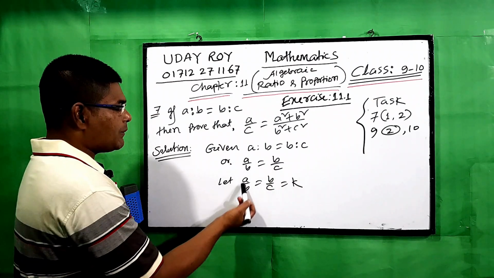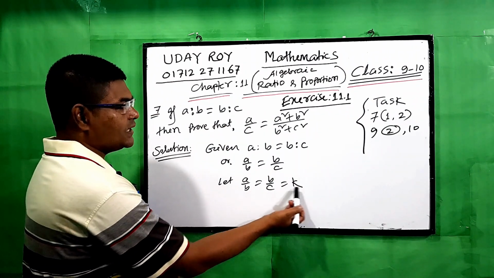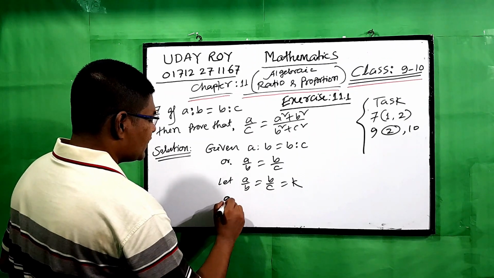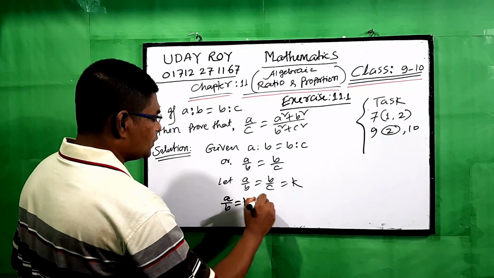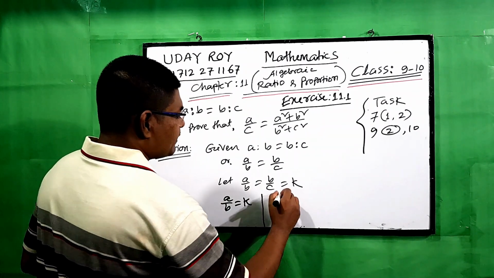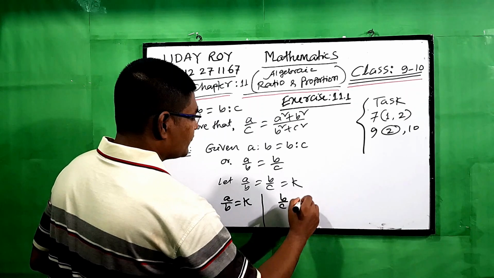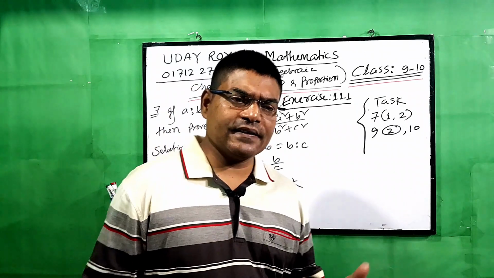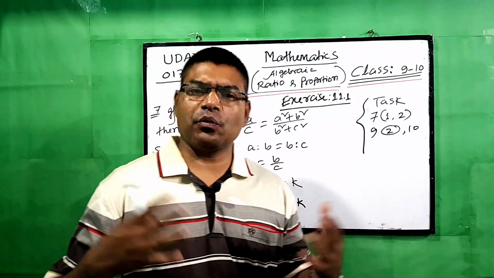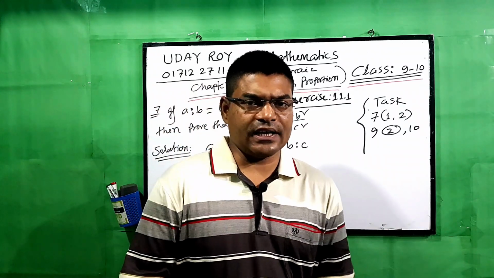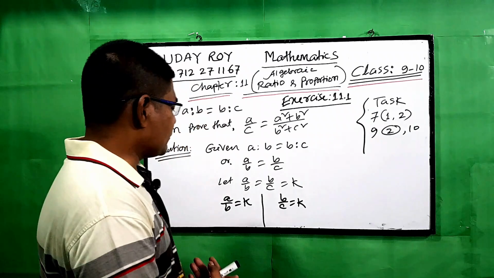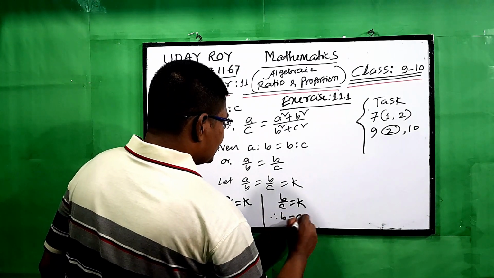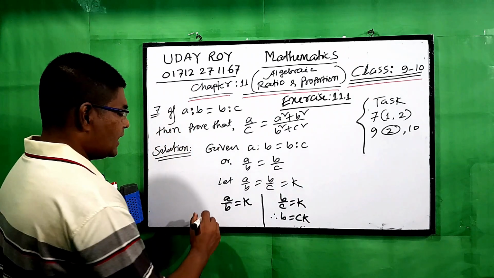Let a by b equal b by c equal to k. So we can write a by b equal to k and b by c equal to k. Here k is a constant. We can do the maths in two ways, taking constant k or without k. Any method you can use. So please follow the board. Therefore we get b equal to ck